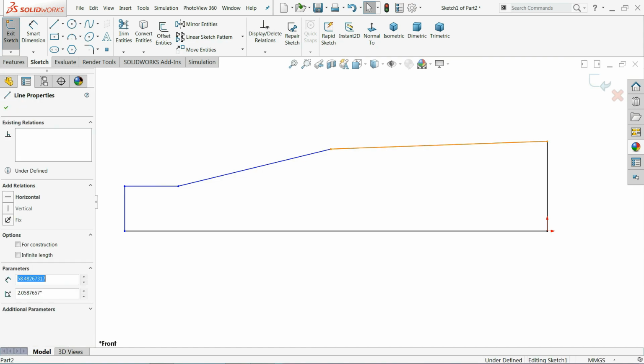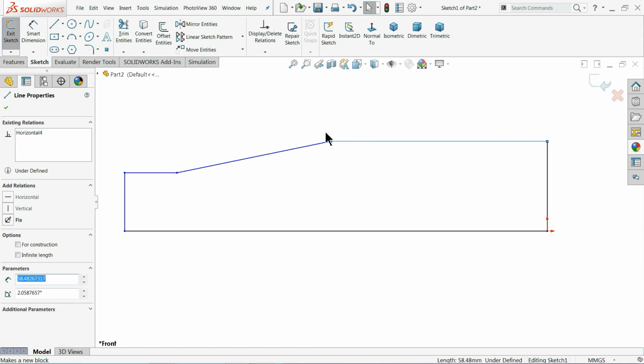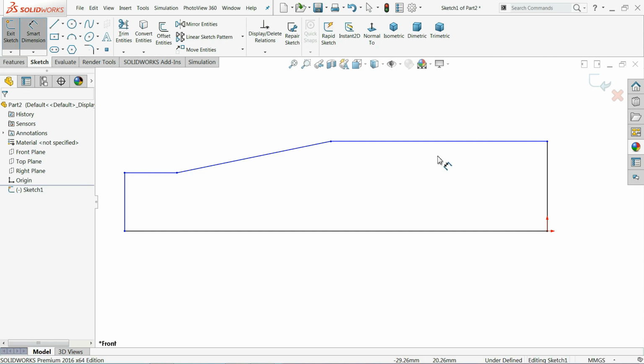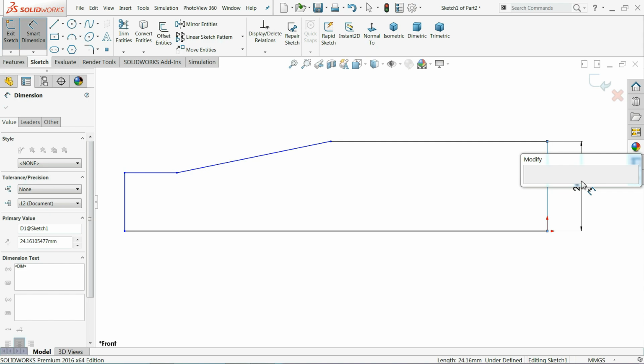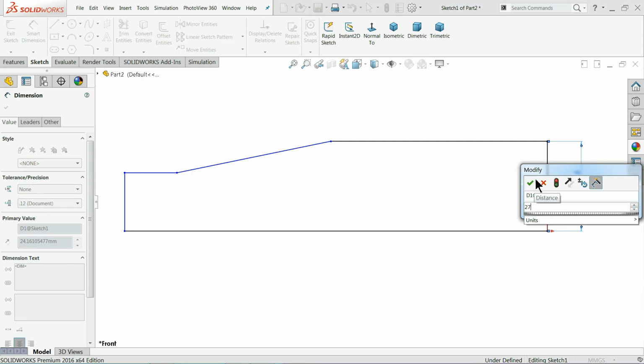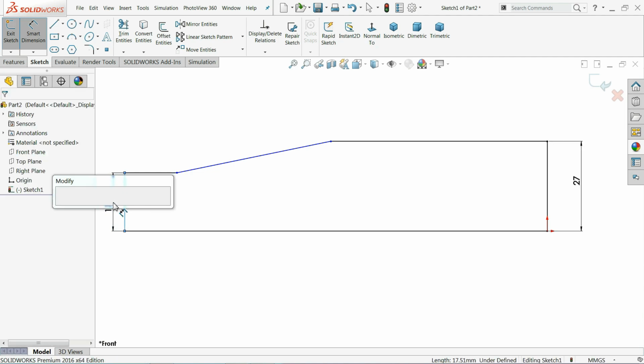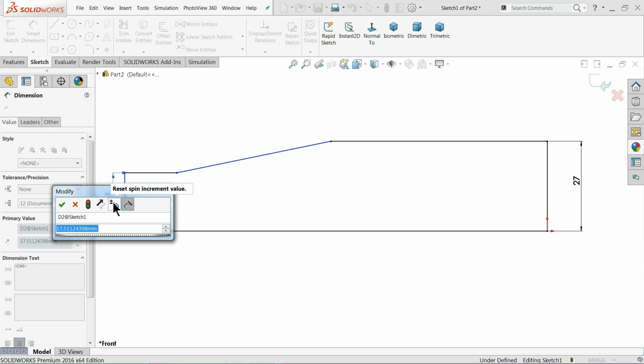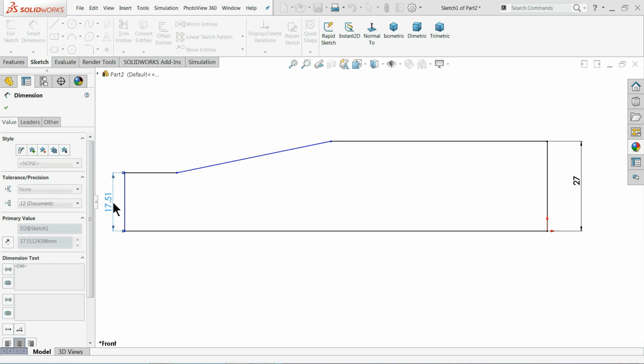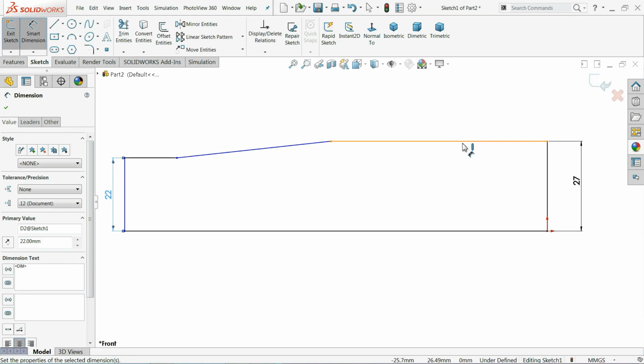Now let's click this one, and it is horizontal position. Okay, now let's define this one first. 27 millimeter, and this is 44 by 2, it's 22, that's fine.